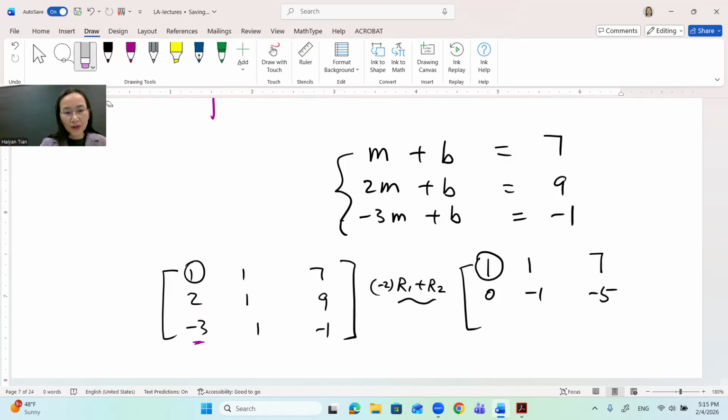So the multiple of the first rule must be 3. This multiple of the first rule adds to the third rule. So it's a replacement of the third rule. And so the third rule now becomes